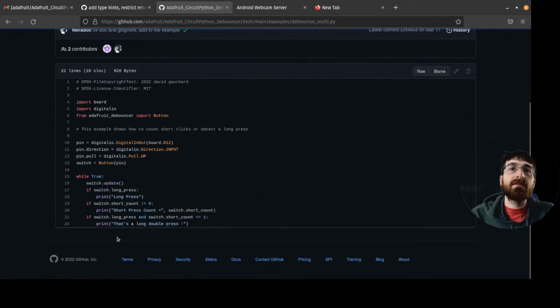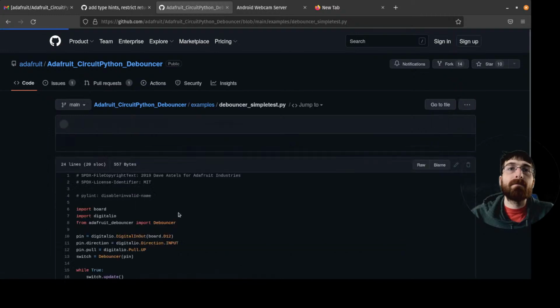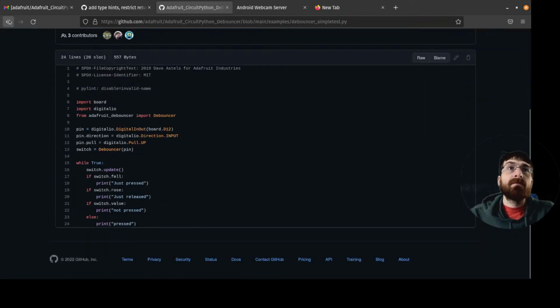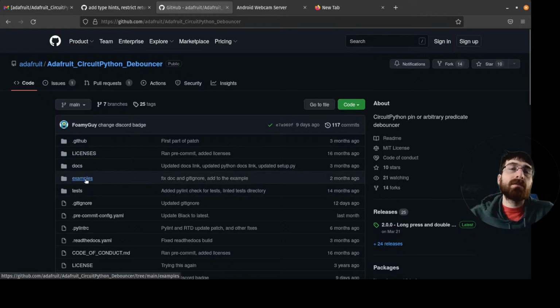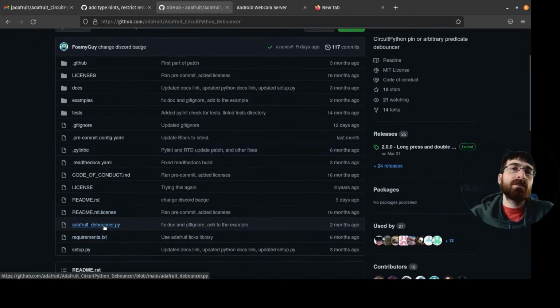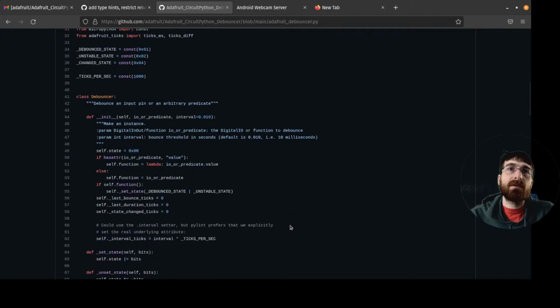Maybe not. So I know it takes a function. I would have assumed the function had to return true or false already. Is that not the case? Or predicate.